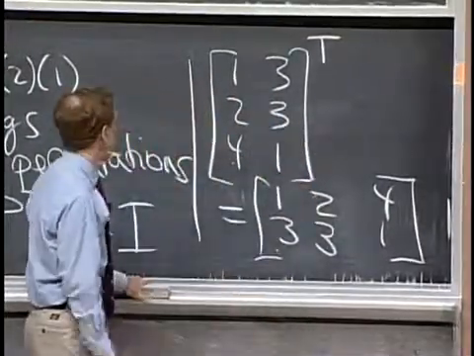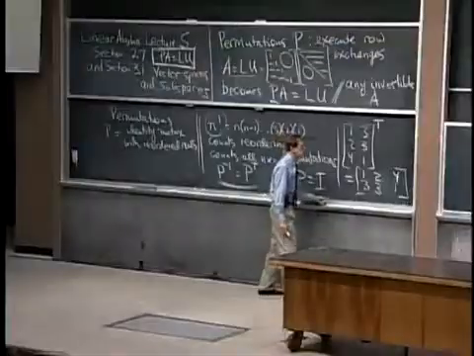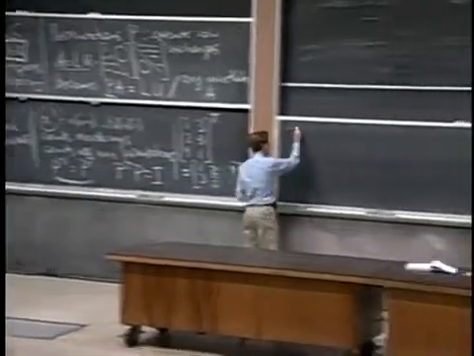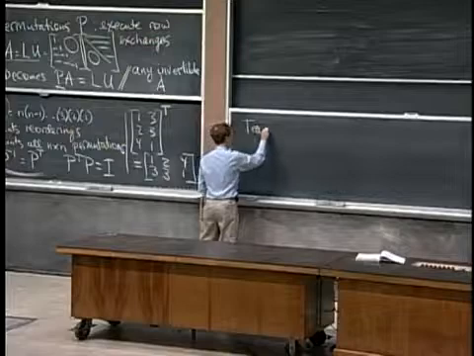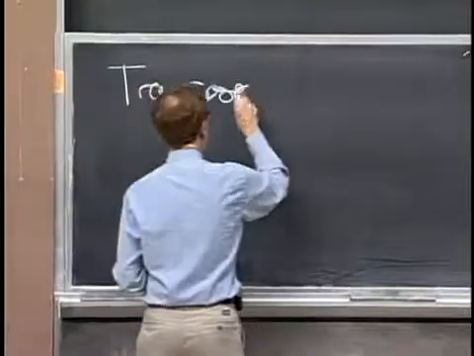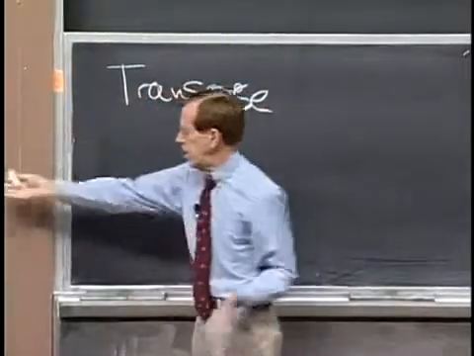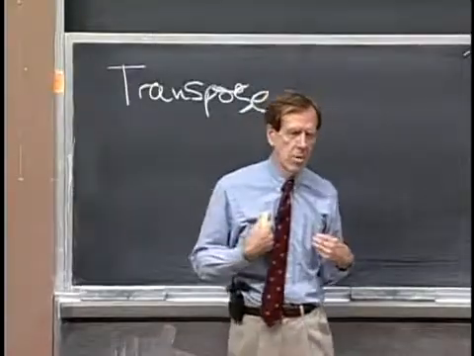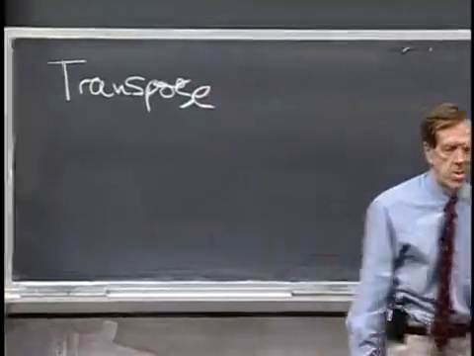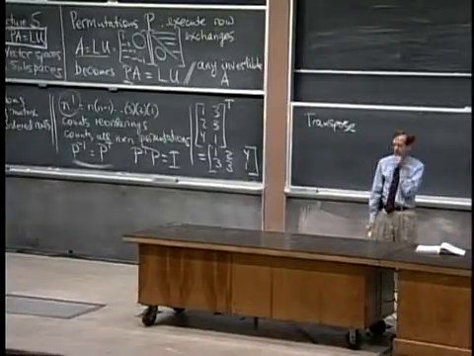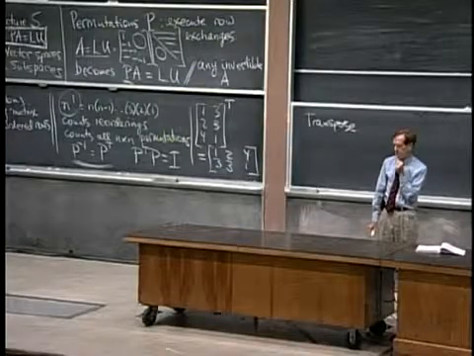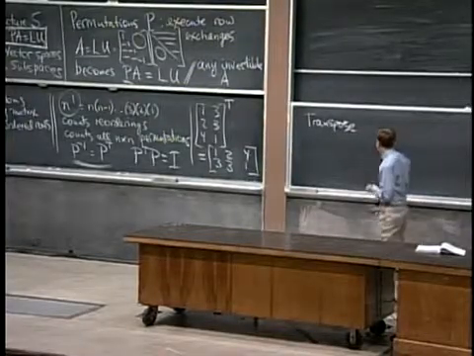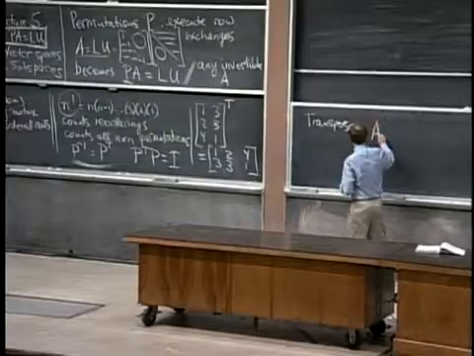Oh, what's the general formula for the transpose? You see it in numbers. What I'm going to write is the same thing in symbols. The numbers are the clearest, of course. But in symbols, if I take A transpose,